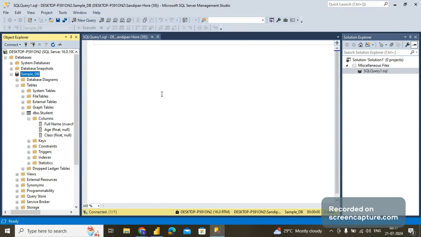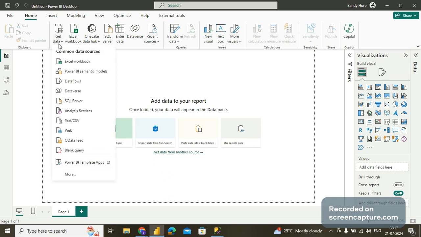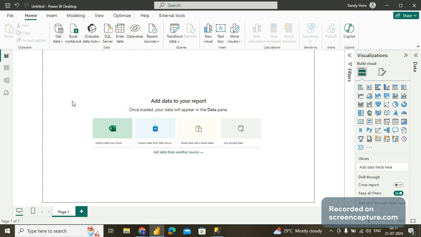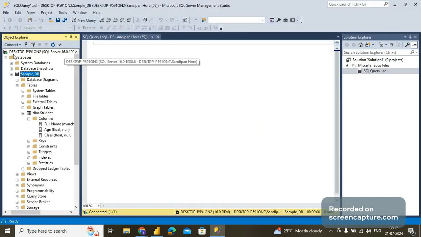So let's jump into our Power BI screen. So this is our Power BI. To connect to MS SQL server with it, we need to click on get data. Then this is the SQL server option. Click on SQL server. Here you need to give the SQL server name. So in my case, the SQL server name is desktop hyphen